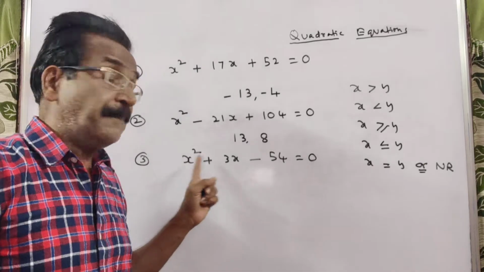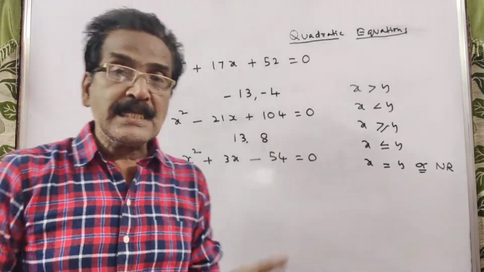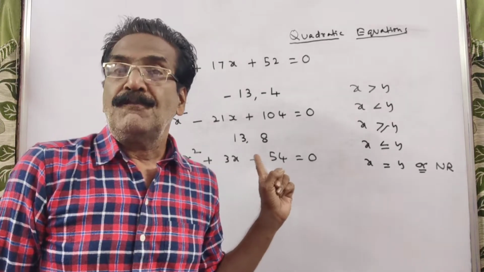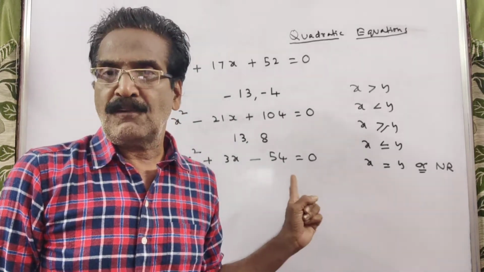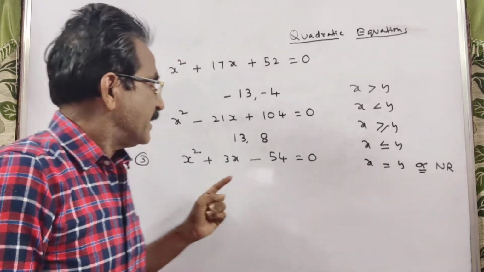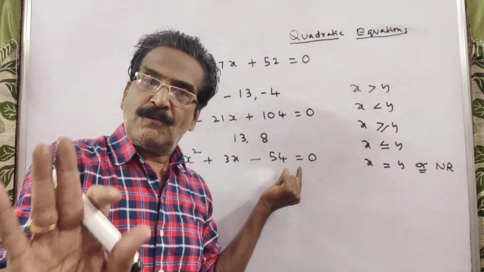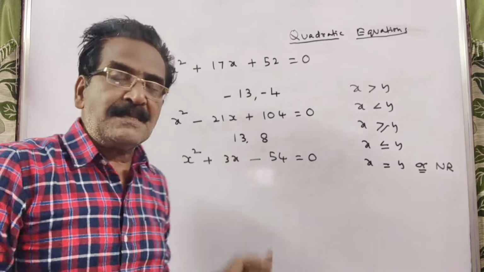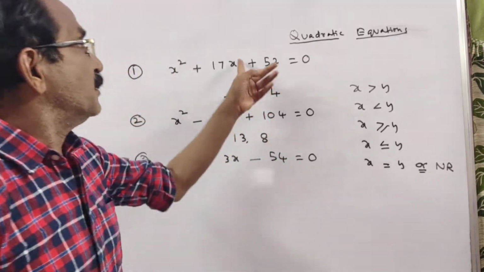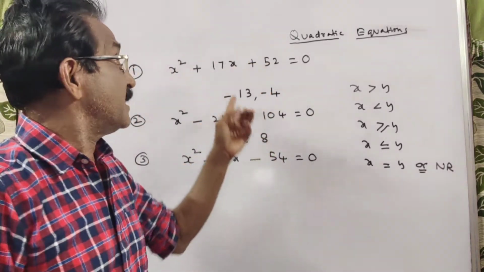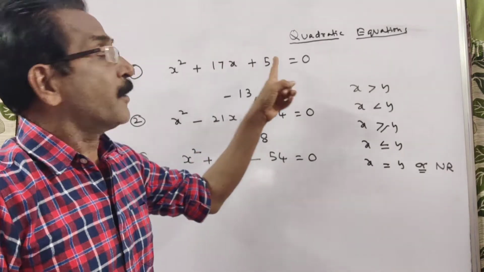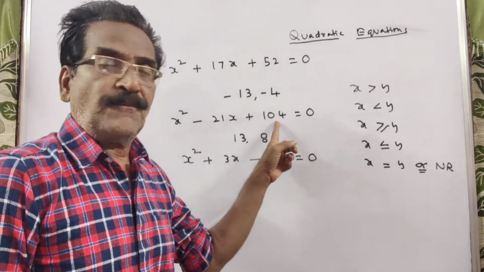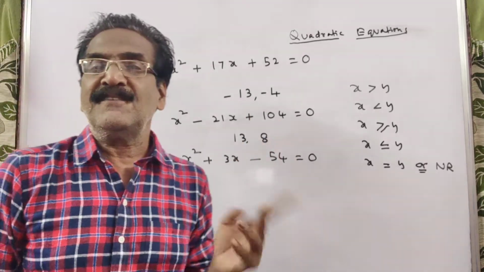Here A and B have the same sign, C has the opposite sign. So this is the third type. To solve this type of quadratic equation, the product is of course 54 and the difference must be 3. In the first two cases, sum 17, product 52, and sum 21, product 104. But in the third and fourth cases,